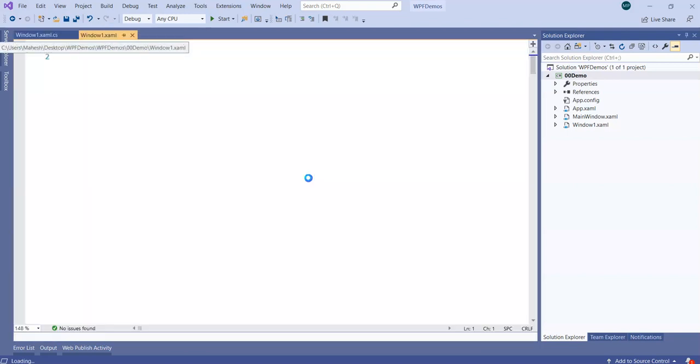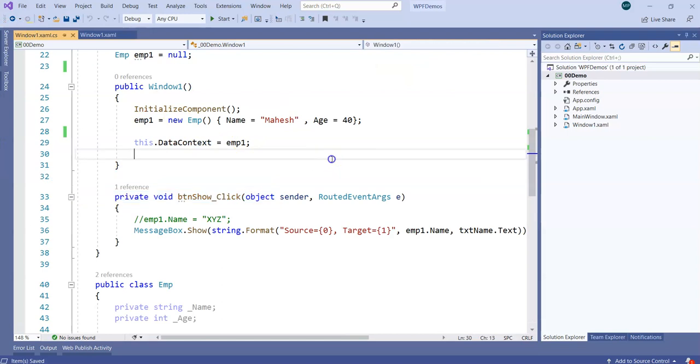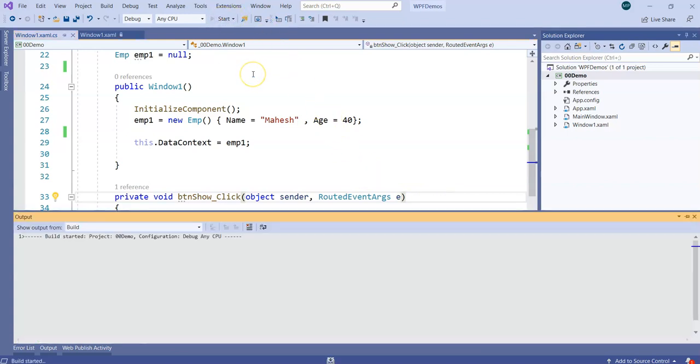Here we have a text box name bound with name, and the text box age property text is bound with age. Then we have a button click, on click of which we are just trying to show some employees, like the source and a target. Source is the one which is providing data, and target is something which is showing the data as of now. So one more time we will run this,